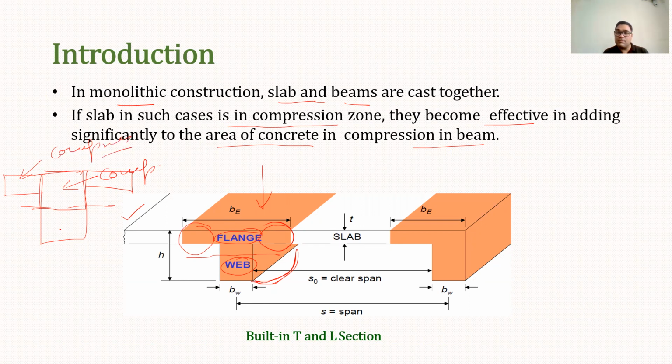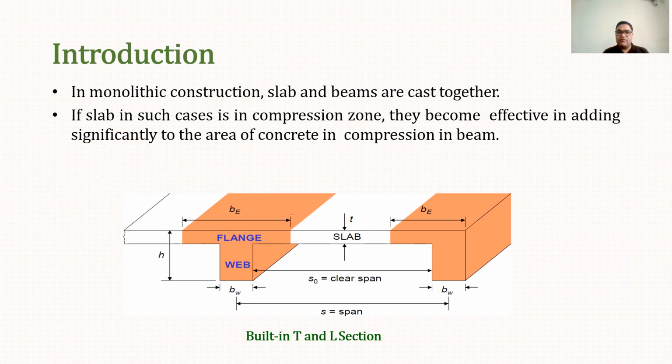Now in this case the compression area increased, and as the compression area increased, compressive strength will also be increased, and to balance that we can increase the area of steel also, and by increasing the area of steel and compressive area, ultimately in the overall scenario the strength of this beam will be increased. So the moment of strength or moment of resistance of this beam will be higher than the normal rectangular beam. But this case will be applicable only when compression is above the neutral axis.